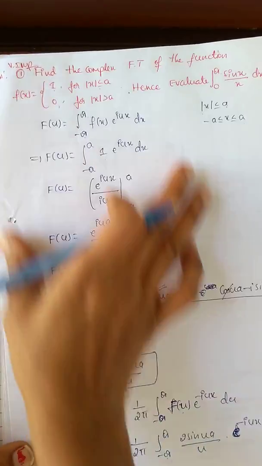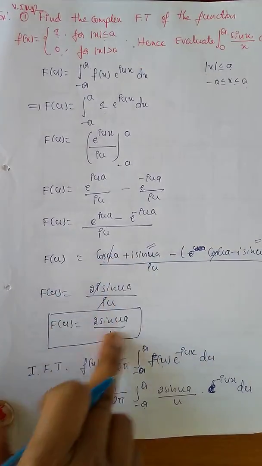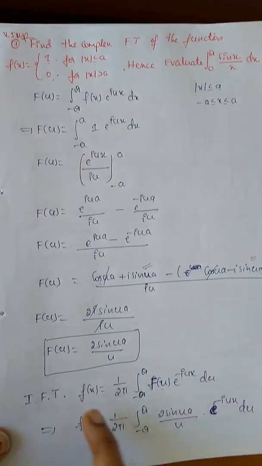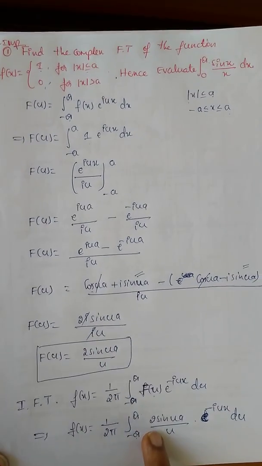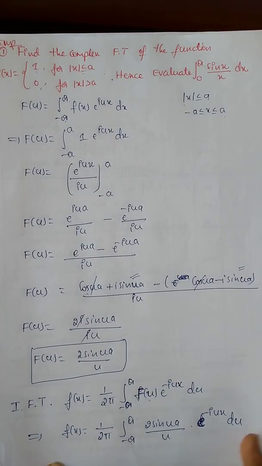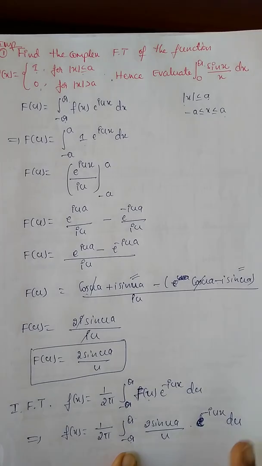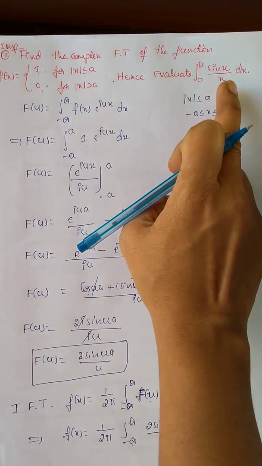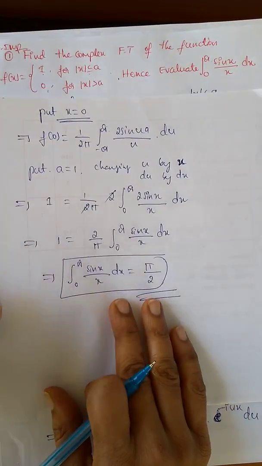In the first part they are asking to find the Fourier transform using the direct formula integration, and we get the Fourier transform. Suppose they are asking to evaluate, then take the Fourier inverse transformation formula, substitute f of u, and just compare this evaluate equation and this inverse Fourier transform formula. After substituting the f of u formula, whichever term we don't want, just remove that term, and whichever variable is given in the problem, just replace it with that variable. Okay, simplify, and we get the evaluate answer.